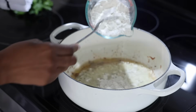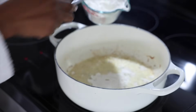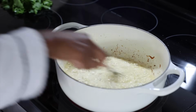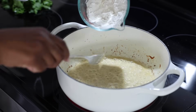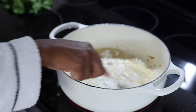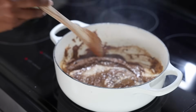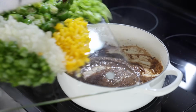I'm gonna see if I use all of this. I kind of doubt I will. I also don't want the oil to be too hot because you're gonna whisk this and get it pretty much to the color of my complexion. Okay, perfect. Now we're gonna go in and add in our peppers and everything,